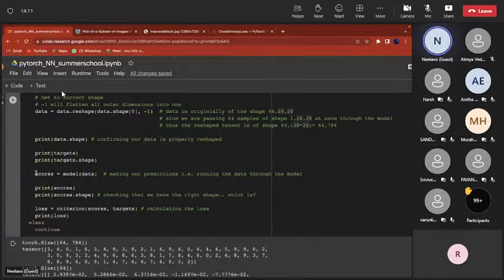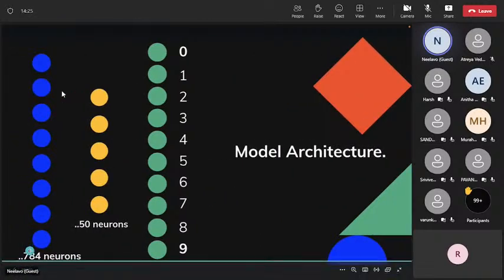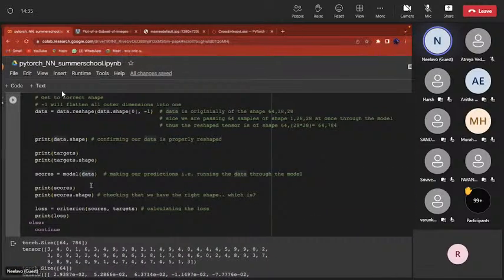Then we do scores, where we put all our data through the model. We put essentially the data, the 64, 784 tensor, through our model, and our predictions is what we define as scores. We just put it through our model, and what we get out is what we define scores as, and we print scores and we print the shape. Now this is where we go into our second